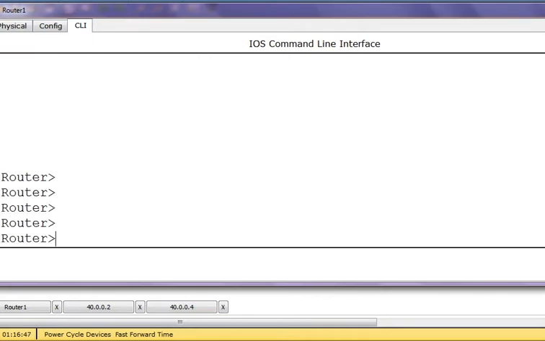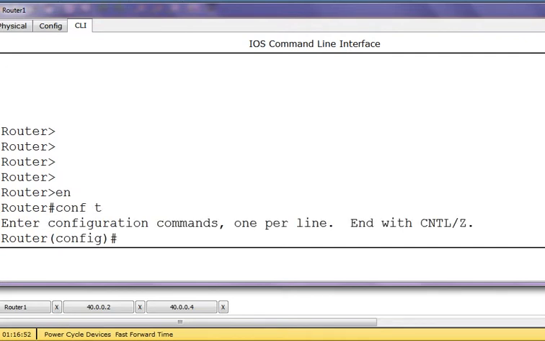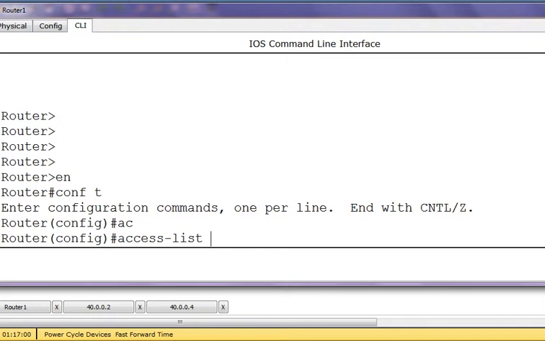It's very simple. As I explained, the numbered ACL for standard starts from 1 to 99. So I write access list, and the number we are writing is standard, anything between 1 to 99. Let's take 10. Access list 10. Which one to deny?